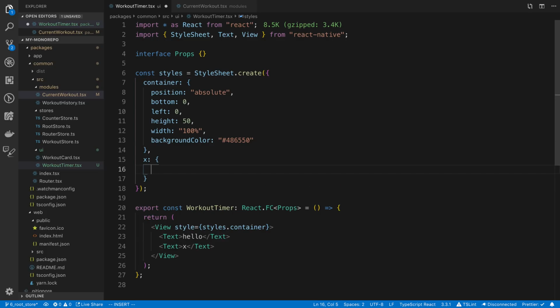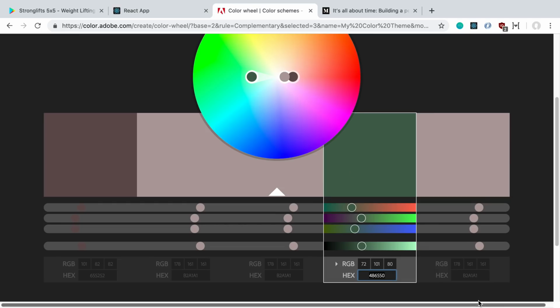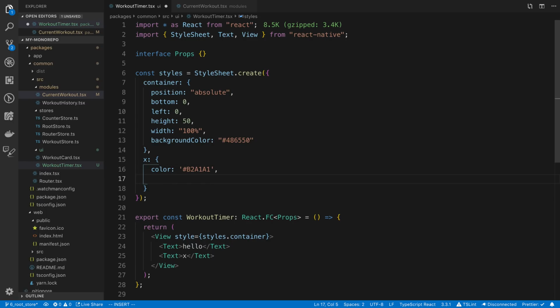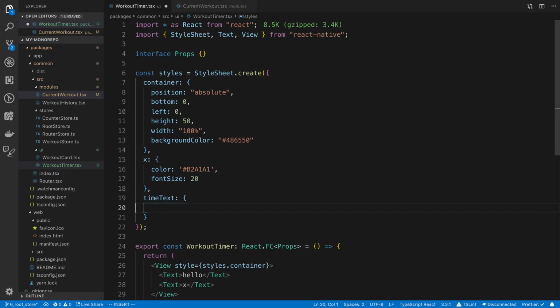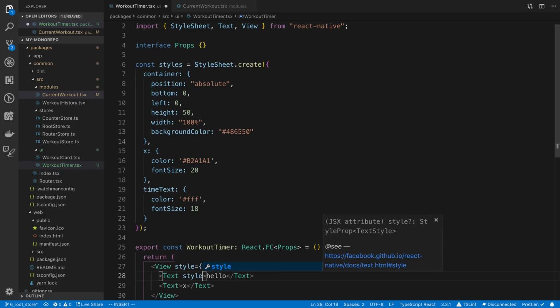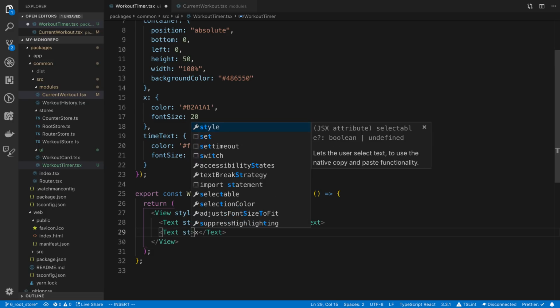So let's style each one of these. I'm going to start with the X. The X, I'm going to again just pick a color from our color picker, and I'll just go with this one. And then the font size, I'm going to say as like 20. We'll see if that's too big. And then this is going to be the actual time text, and the color, I'll say, is white, and the font size a little bit smaller, maybe 18. Right now I'm just calling it hello, but we're going to be replacing that in a little bit. So styles.timeText,